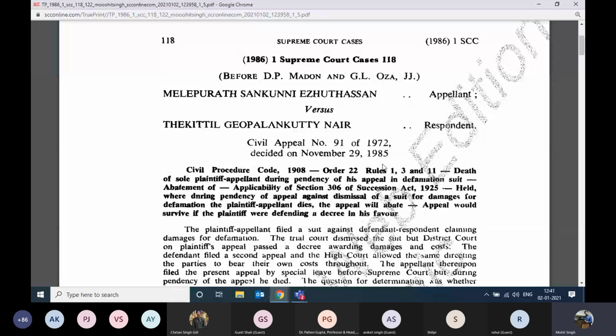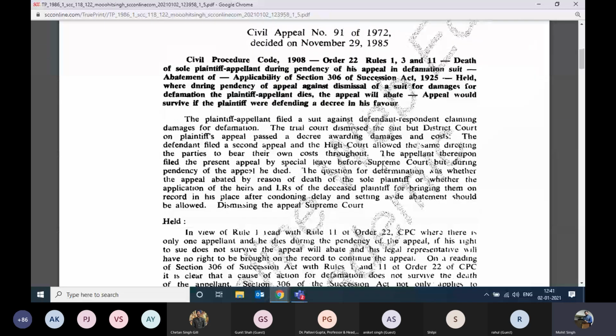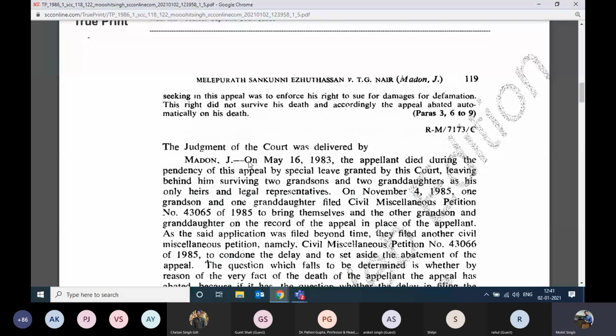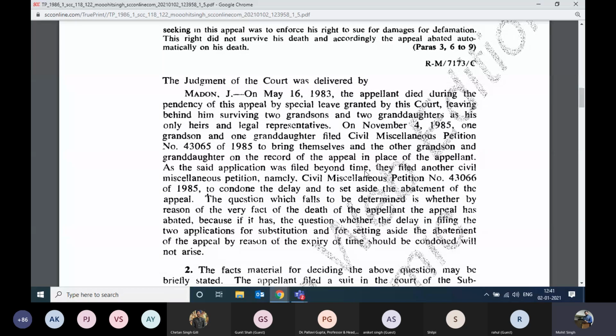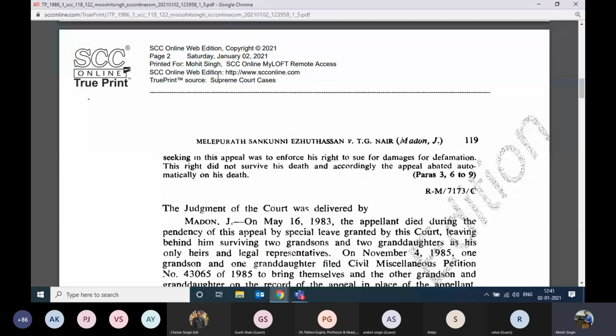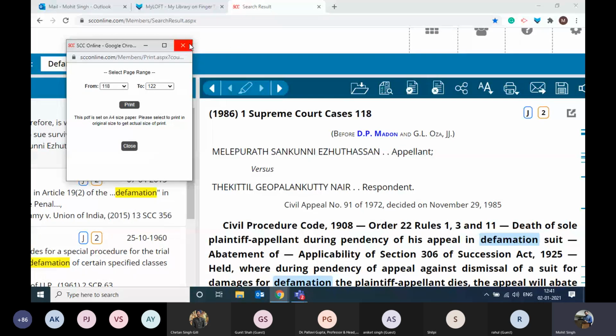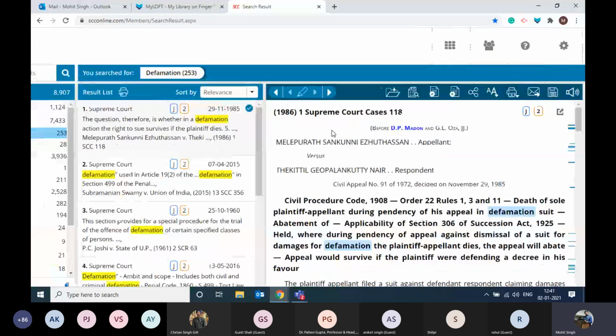And we only publish the judgments in our SCC Online journals once we have made the head notes, right? So now you can view the whole document, and you can see that the judgment of the court was delivered by, and then the judgment continues. Not only that, it also gives you the name of the person who has taken this true printout with the SCC Online stamp mark. All right. So this was the importance of a true printout document and how you can retrieve it, right?